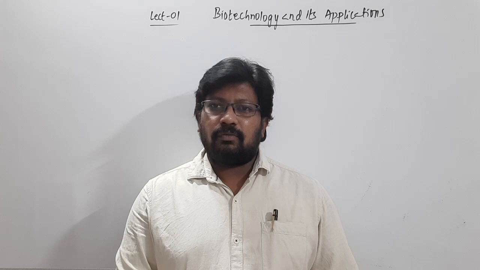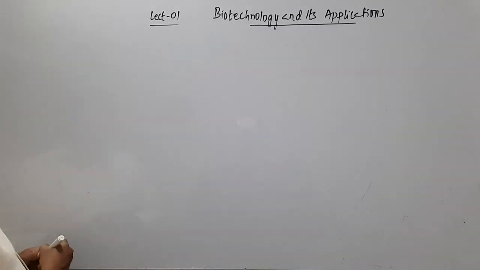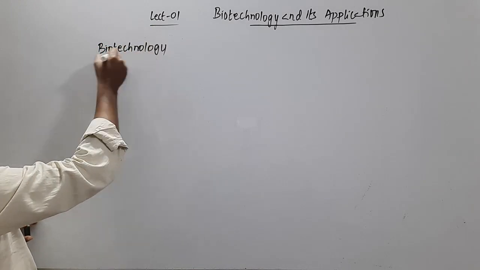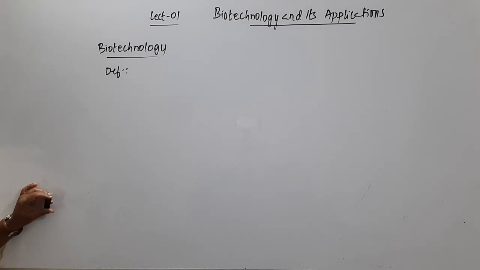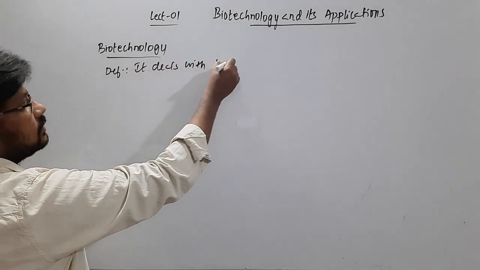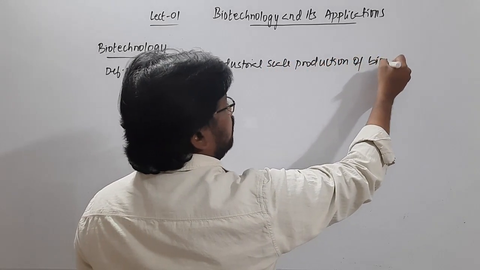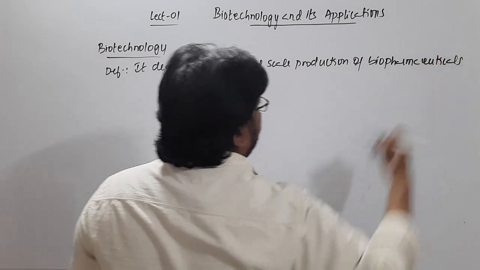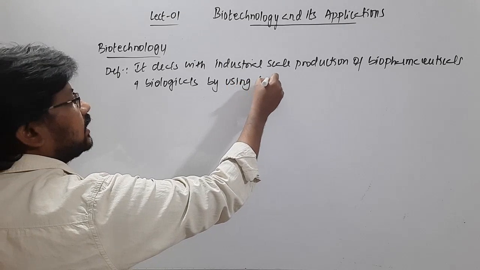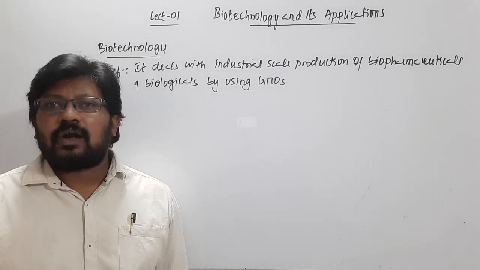Now in this chapter we will mainly focus on the application part of biotechnology. So let's see how I can define biotechnology applications. There is industrial scale production of biopharmaceuticals and biologicals by using genetically modified organisms. And industrial scale production means producing in large quantities, not in small quantities, because we